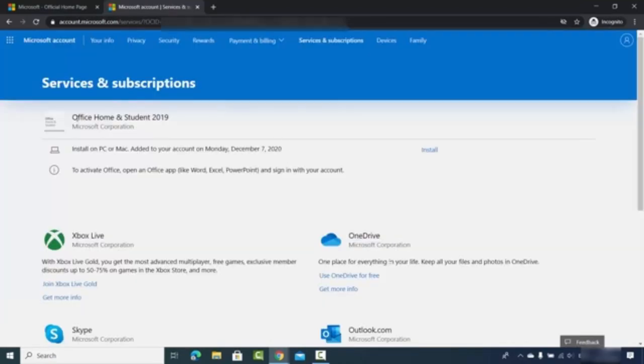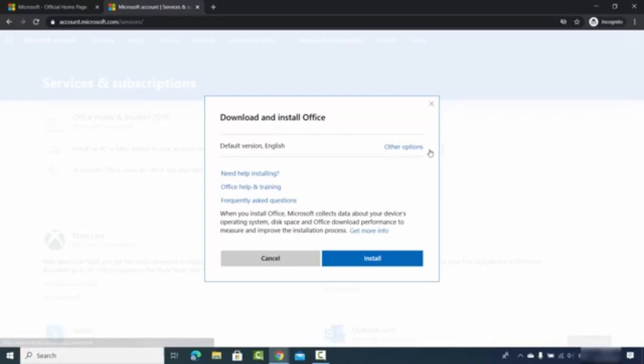And now you can see that this window opens, which is from account.microsoft.com, and here I will be able to see my Office application which I have activated. So I have activated Office Home and Student 2019, and then on the next line I can see install on the PC or Mac, which is added on this date on my account. So here I can just click on the install button,